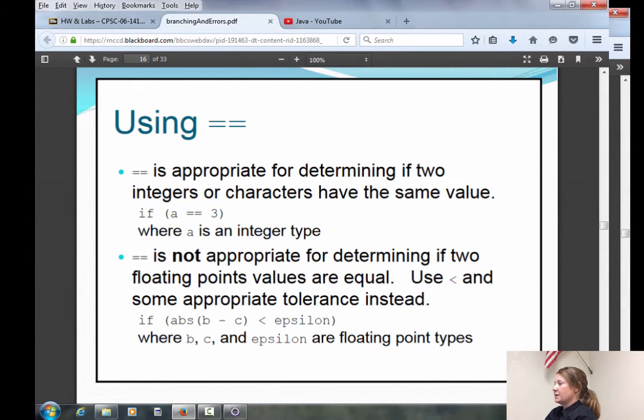So even though this might be true outside of the computer, when you plug it in, it will mistakenly say it's false. Now, does that mean I've never seen a program that uses floating point numbers inside of a Boolean expression? Yes, I've seen programs that have it. But usually try to do it with integers or with characters.